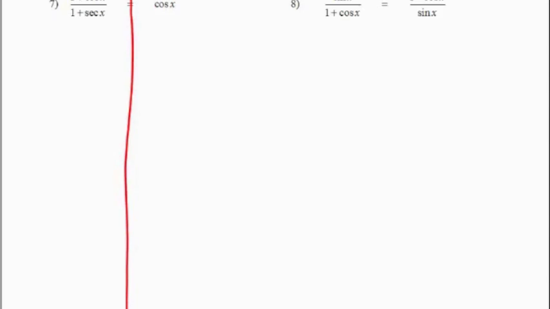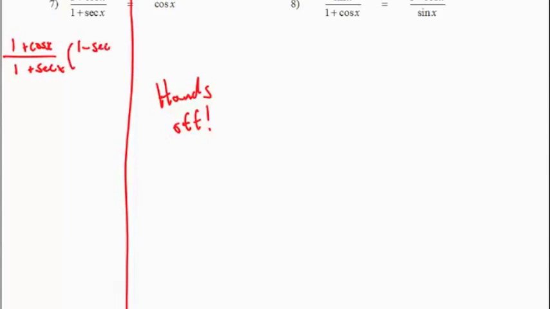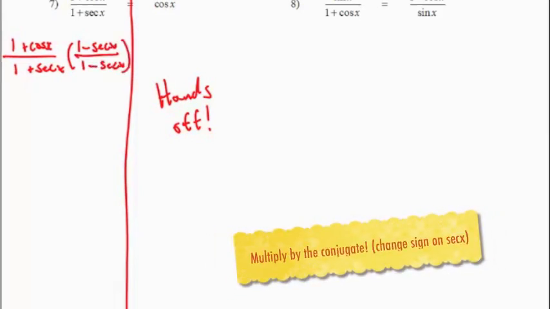But number 7, this one's a bit trickier. You'll notice that I keep putting the line down the middle. Remember, I've already done this once, this lesson, but hands off. Now, new idea here. We got this ugliness. But this is the idea where you multiply by the conjugate. So check this out. If I take 1 plus cos x over 1 plus secant of x, and I multiply the top and bottom by 1 minus secant of x,